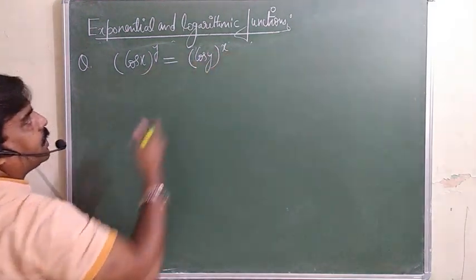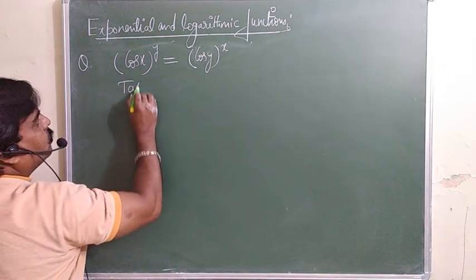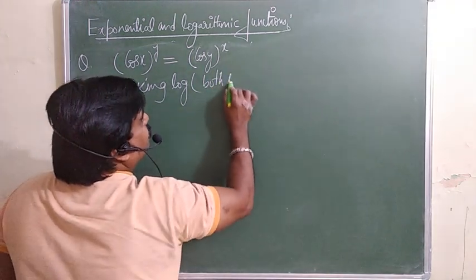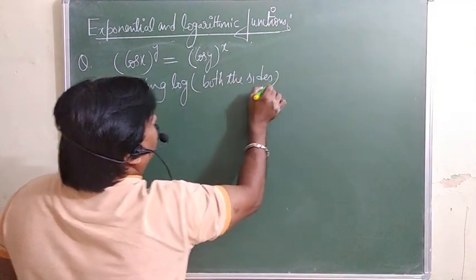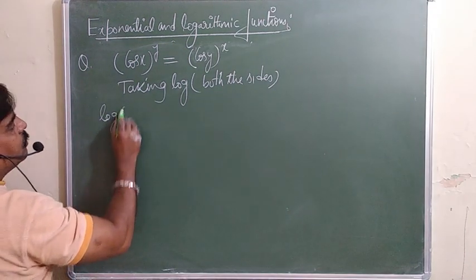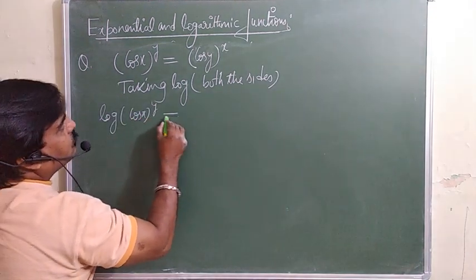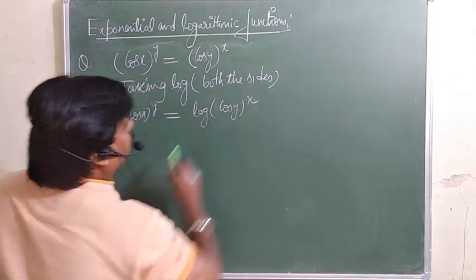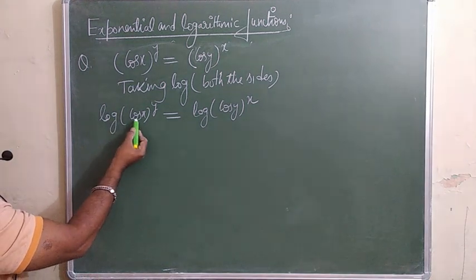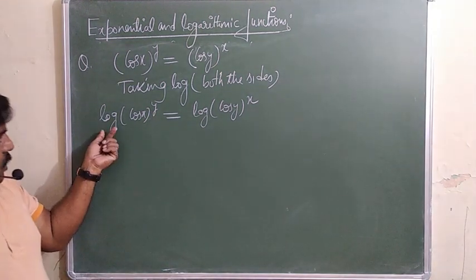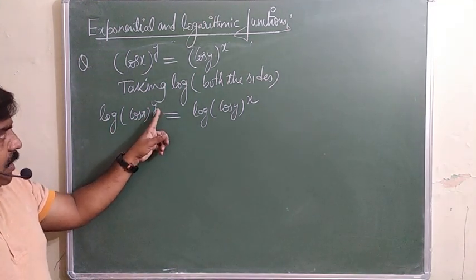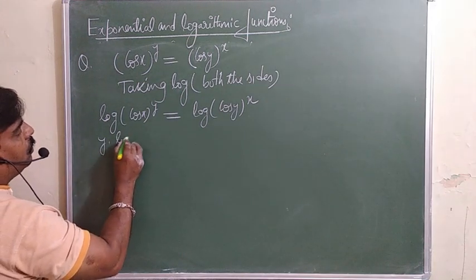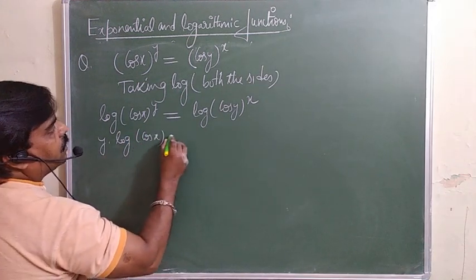दूसरा क्या है, हम directly we can take the log of both the sides. So directly I am going to do just taking log of both the sides. Just simply we are going to take the log of both the sides. So what we will get here is log of (cos x) whole raised to power y is equal to log of (cos y) whole raised to power x. So here we can apply log m raised to power n can be written as n log m. Same is here.